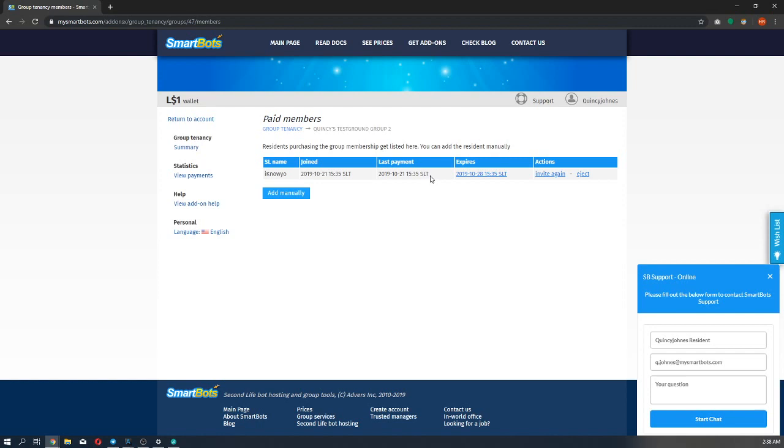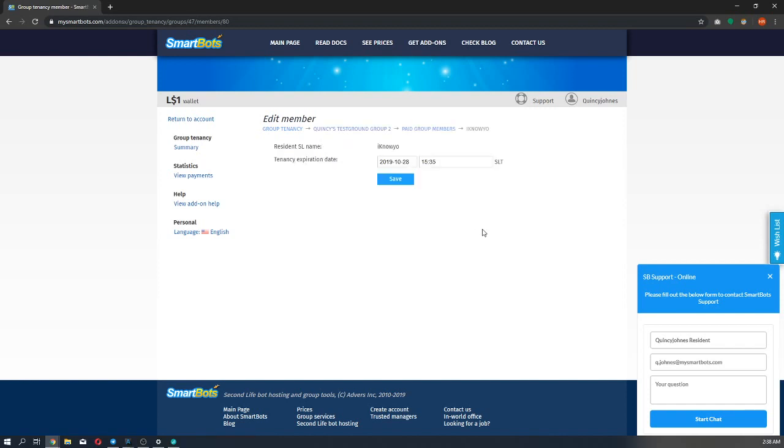Oh, I apologize, this is actually the last payment, as in when the payment was last made, and this is the expiration date, which you can actually edit if you want. So let's say for some reason you actually want to edit somebody's expiration date, like set it, for example, 1 week ahead, or 1 week before, or a day after, or day before, or an hour after, or an hour before, whatever you'd like. You have to click here, and then you can edit